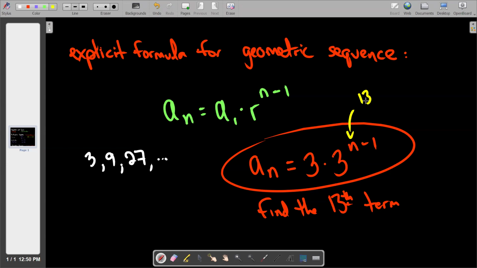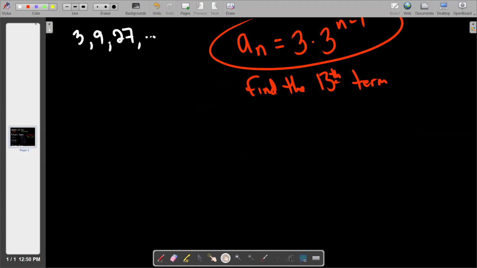Then that comes out to 1,594,323. So obviously geometric sequences are going to behave a lot more insanely than arithmetic, because when you're dealing with exponential change like that, things go a little ham. They go crazy. All right, let's go again. So when we answer, I would write it like this. I knew I should finish that, and I'm sorry that I didn't. I would say that A sub 13 is equal to 1,000,000, I don't know what that was,